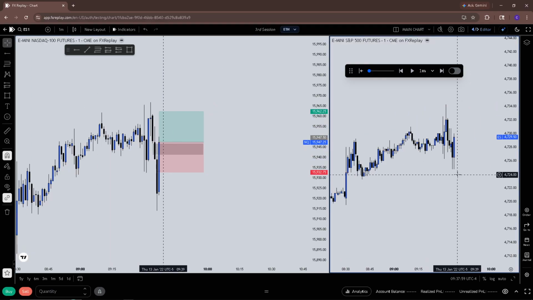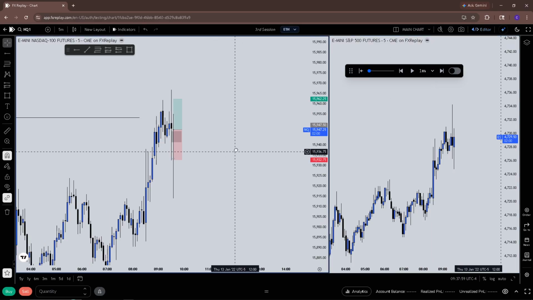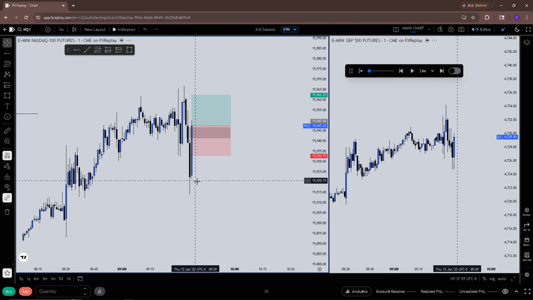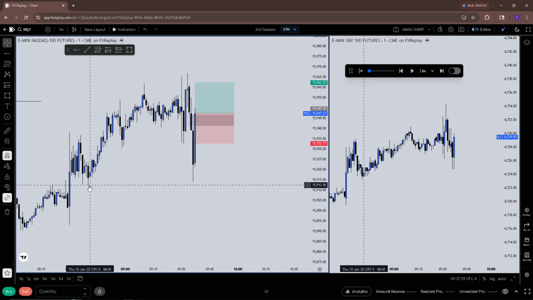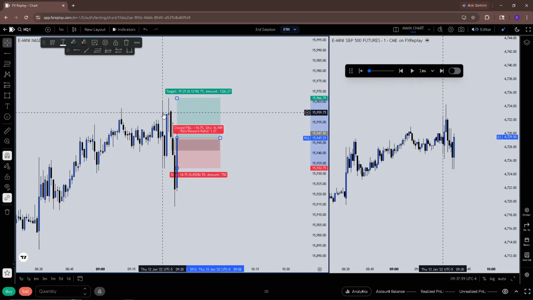Are we SMT'd? Yeah, we are SMT'd on the higher. Not really actually. We didn't sweep out this low. We did sweep out this. Didn't sweep out. We're not even SMT'd, but like 930.